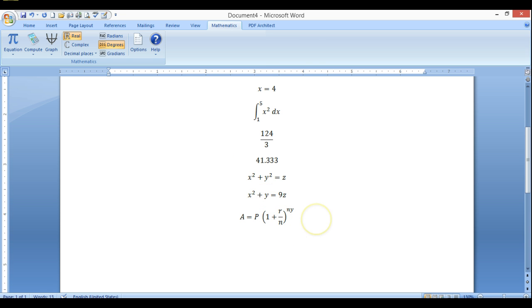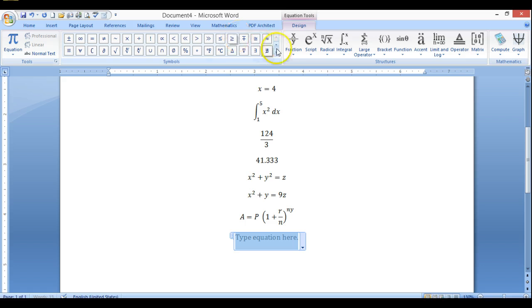thing I discovered is in typing it in, we've always done, let's insert, we've always come up here and done superscripts and fractions and different things like that. You don't have to do that. You can do it like you would in, let's say, Excel. So let's just do the compound interest formula. A equals P